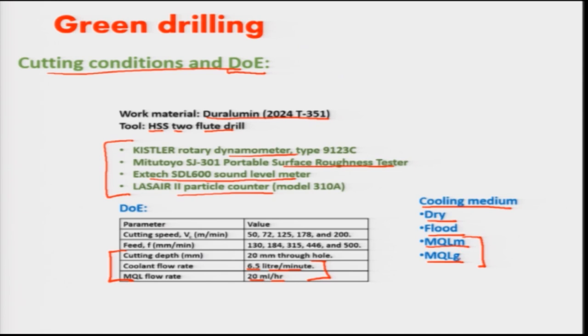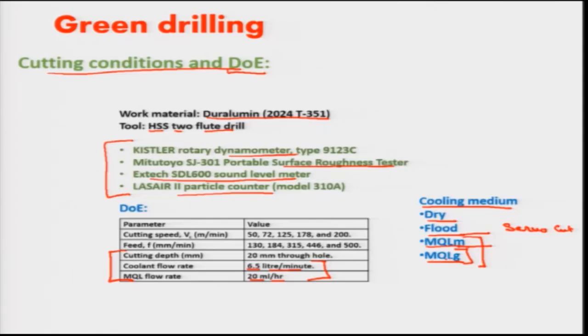What is MQL-M and G? MQL-M is the mineral oil that is used for flood as well. That is a servo oil, servo cut oil. MQL-G, I have put G here because this oil which I call is green oil. This is a vegetable oil that is used for cooking. This is used because if the aerosols which are produced using vegetable oil, that might not affect the health of the operator who is working there. If the mineral oil gets into our lungs, or that we breathe, that will definitely have a significant effect on the health. So this MQL-G is using MQL technique but with a green oil, that is a vegetable oil.